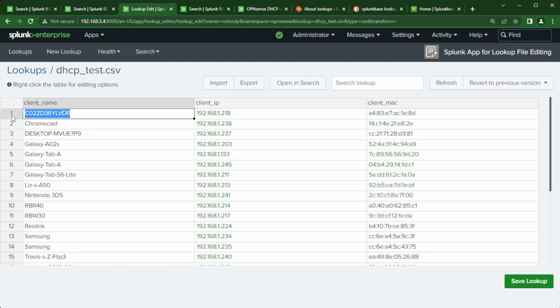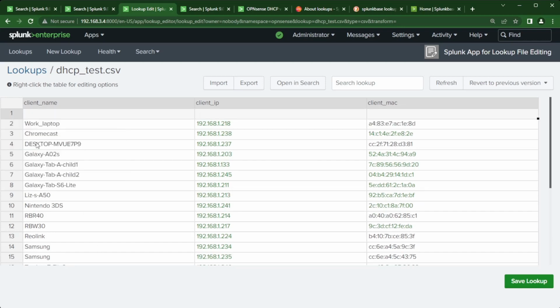So like this device here is my work_laptop. This is -child1. And then we have -child2. Click save. We can add more columns. Right now, none of my firewall ports are showing up, so I could say firewall. And if I have the IP address, I can put that in there. And if I had the MAC address,